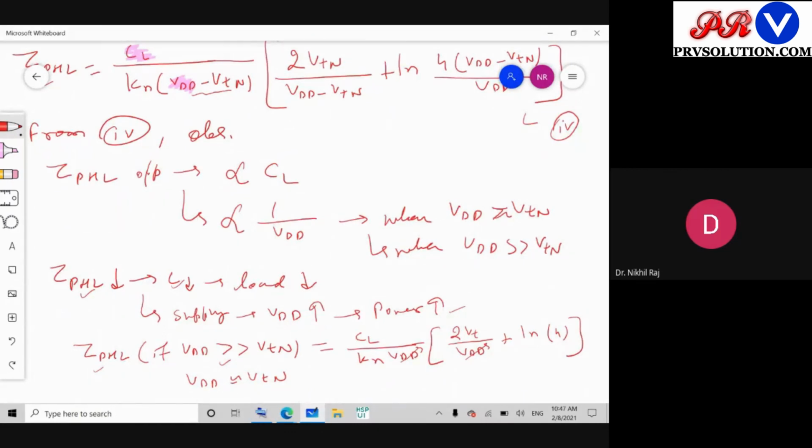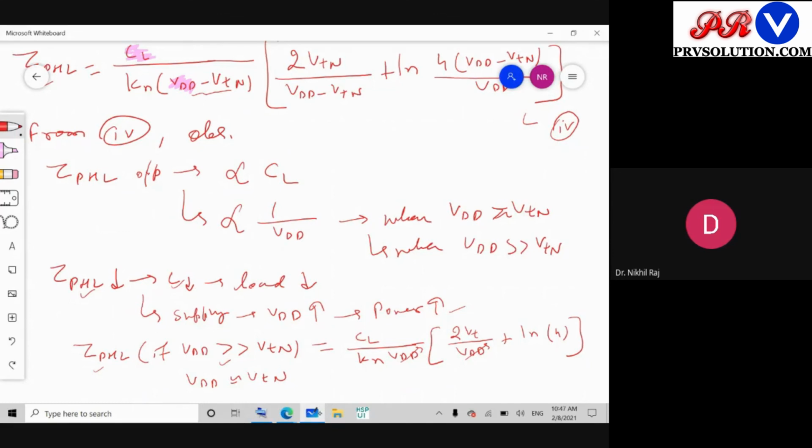2 micrometer, then 1 micrometer, now we are working in nanometers. So we are reducing the channel length, we are reducing the technology, but at the same time, in proportion to the technology, we are not reducing the supply. Okay, so supply is the major challenge when we go for the design, that how much should be the minimum supply such that my circuit should behave properly.